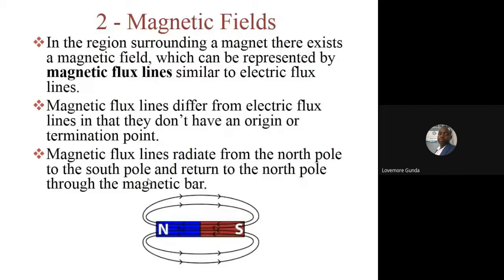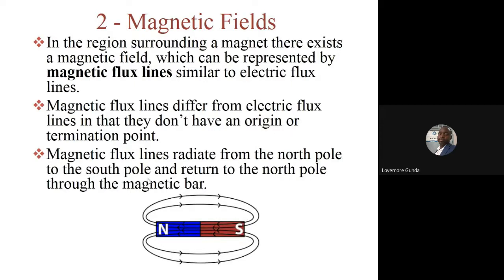Right. Then we also talk about a magnetic field. I think we talked about this when we were introducing capacitors, when we were talking about electric fields. So in a magnetic field, we are still saying it is a region around a magnet where the magnetic field exists, or in which, if a magnetic material is put, it will experience a force due to the other magnetic body. Then that becomes a magnetic field,